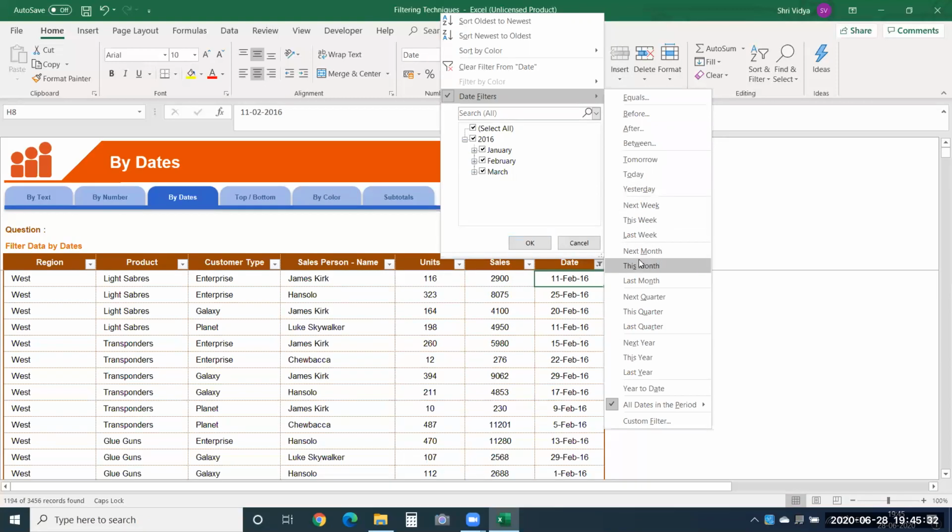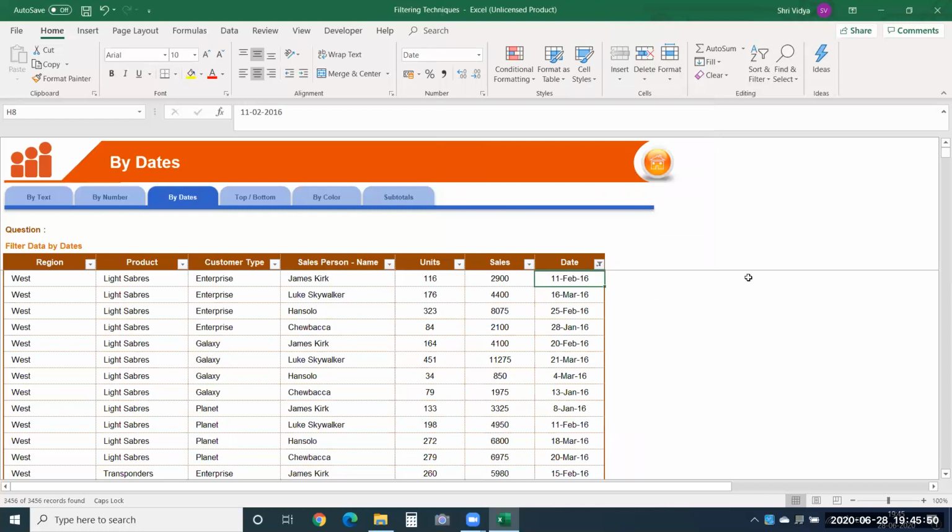But in case you have that kind of data, you could use all these options. Last year, this year, before, after, you can use all these to filter the dates. I say quarter one, show me all dates that fall in quarter one. Those are the options for filtering dates.